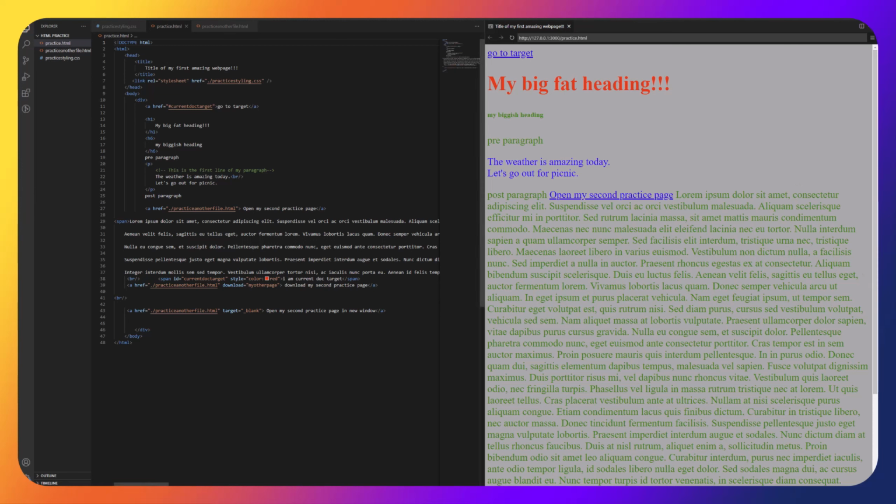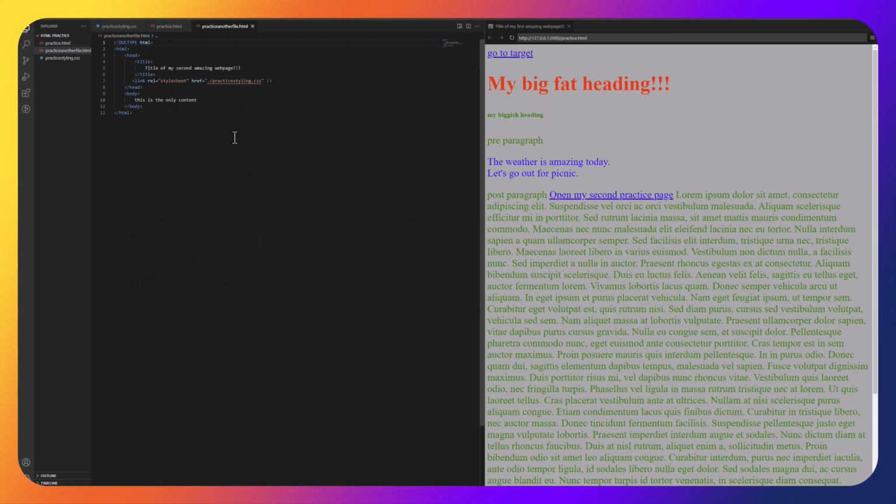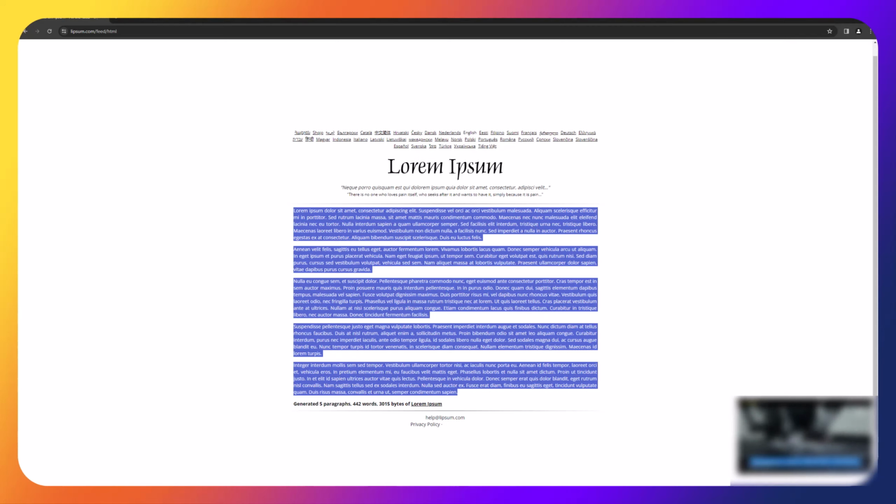So for anything that is not working in this preview panel, you can try opening the file in Chrome directly or any other browser of your choice, trying the same thing there, and there's a good chance that it would work there. All right, that covered opening in a new tab. Let's say you want to go to the other page from the first page and not just to the top, but to another section of that page, like you're referring to a particular section of a very lengthy document in another URL. So the way to do it is, let me bring up the ipsum